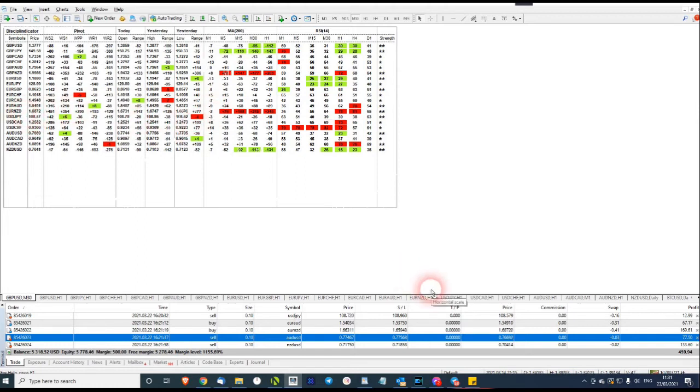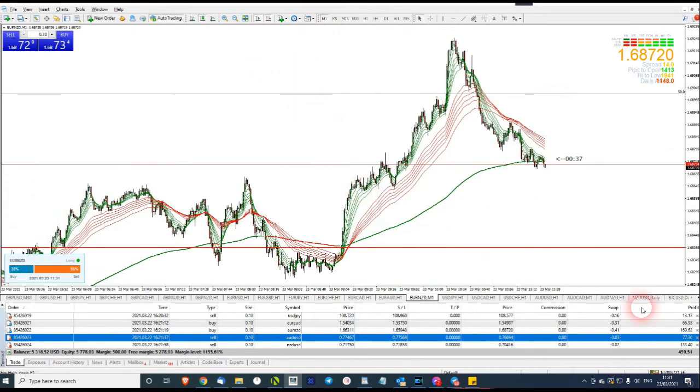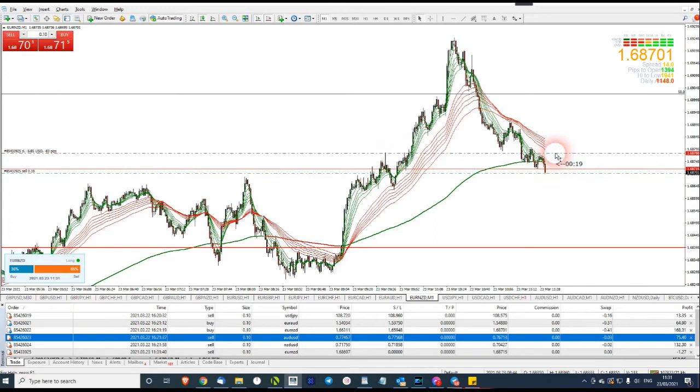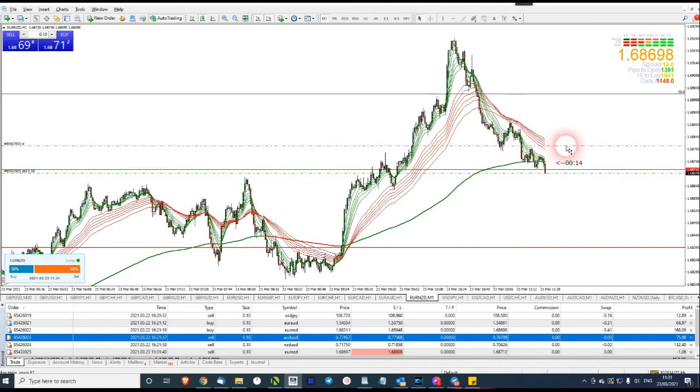So for example, if we look at EURNZD on the 1 minute time frame, we can see that the price has now just tipped through. Now this looks like a very reasonable short trade, and we can get a short on here. In fact, I'll just put a short trade on here, and we can put a very tight stop above there. So we've got a risk of just 11 pips,